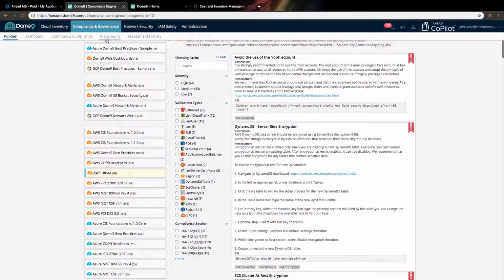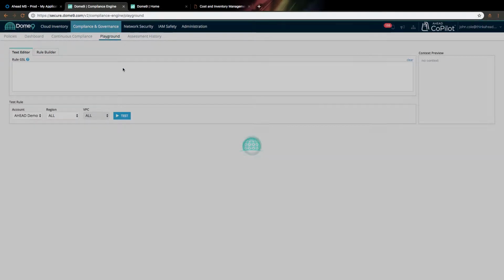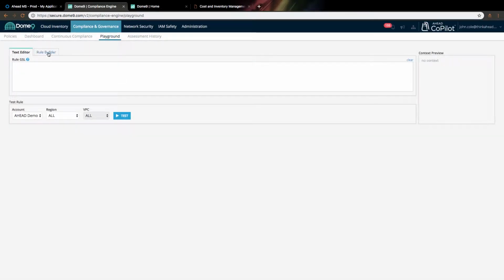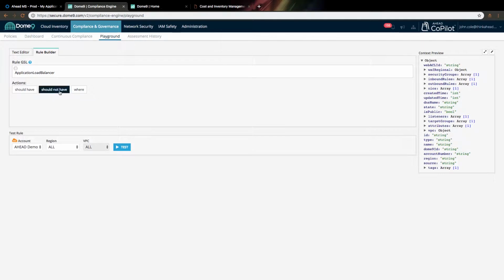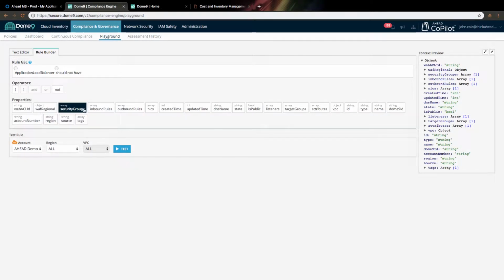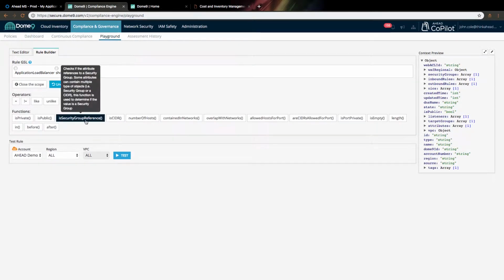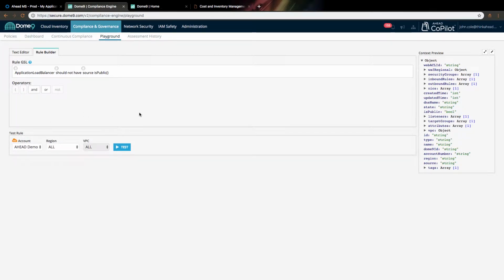And I would do that within their playground, which is a real-time rule builder that you can use either via text editor or via their intelligent builder language, where I could take, for example, an application load balancer and say should not have source that is public. Very simple rule that I could go ahead and add, and I can make that a very complex rule if I want to continue to build that out. But this is something that I could stack on top of that existing generic compliance framework and